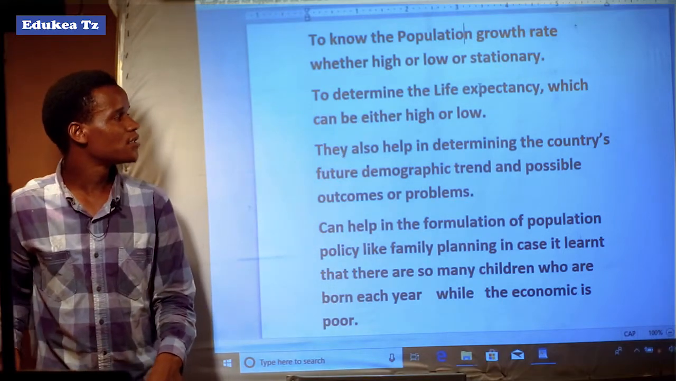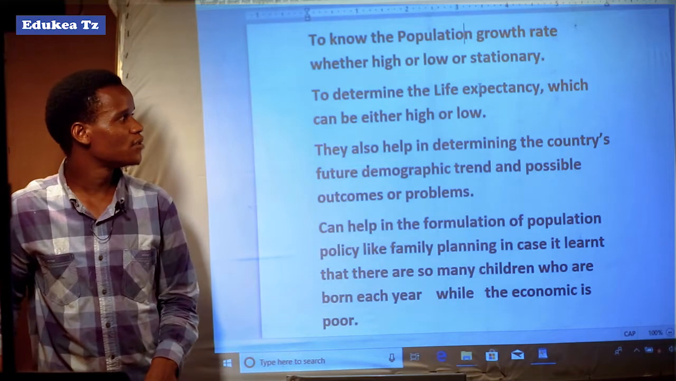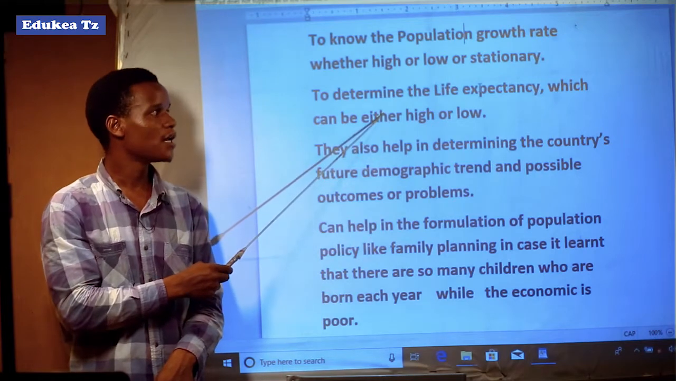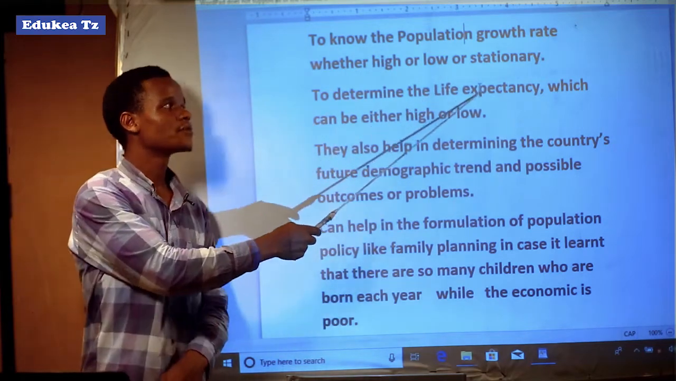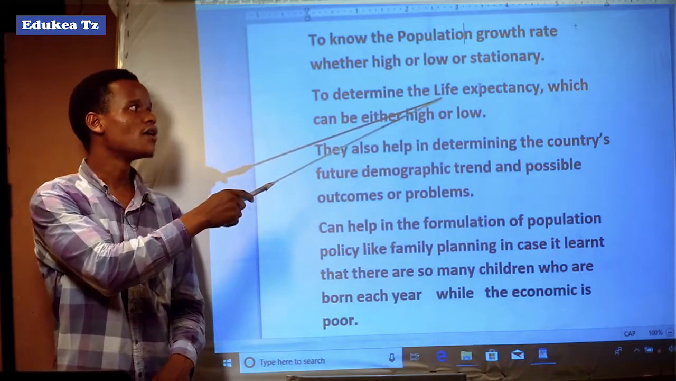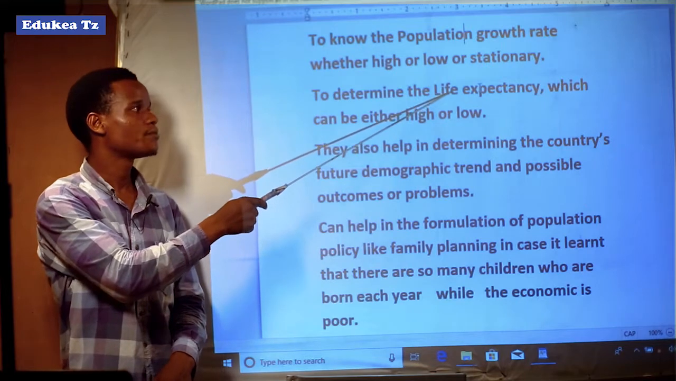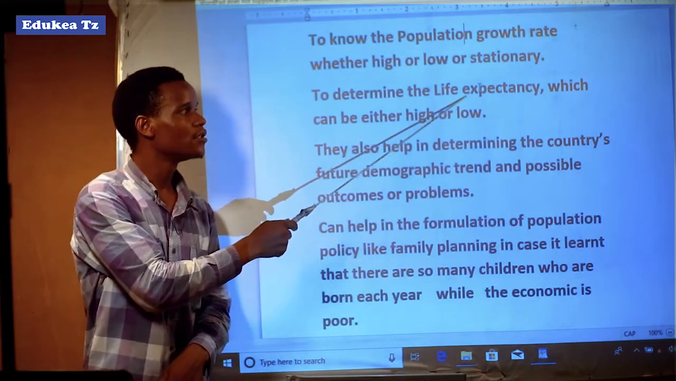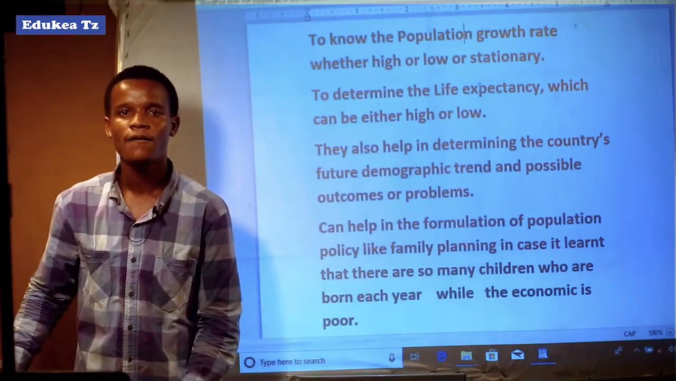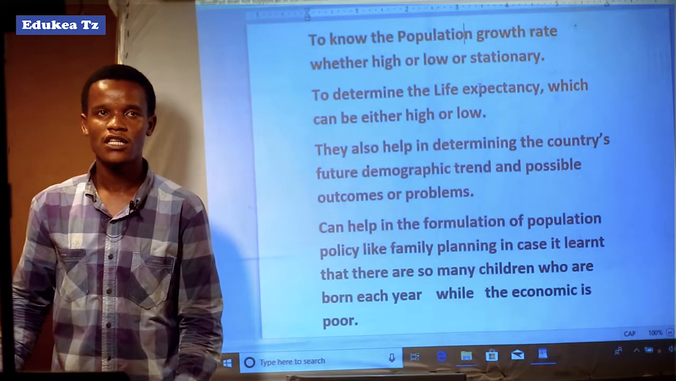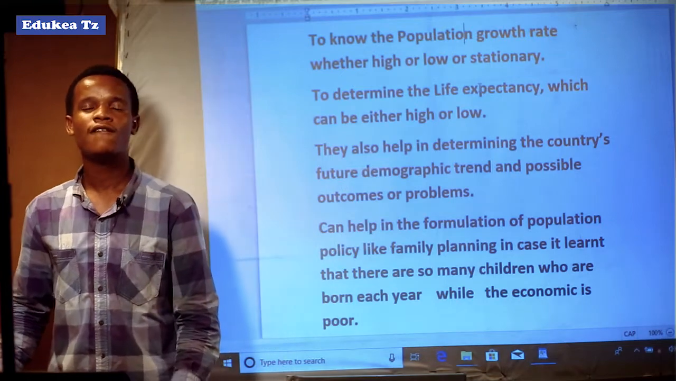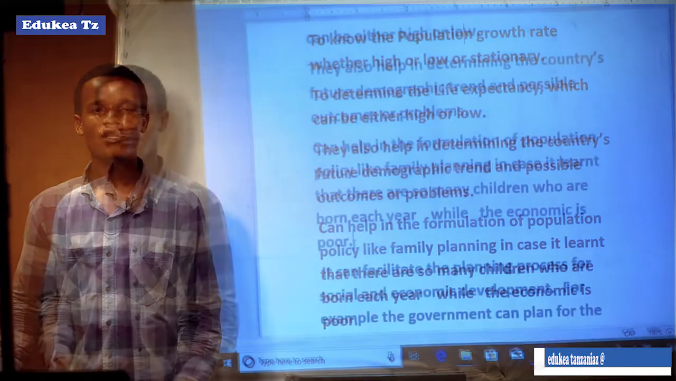Another point is to determine the life expectancy, which can be either high or low. Due to the presence of the population pyramid, we are able to recognize the life expectancy of a place. Here we are going to know the number of people who are expected to live for a certain period of time. As we know, life expectancy tends to differ from place to place. For example, developed countries like Japan, China and Korea tend to have high life expectancy due to